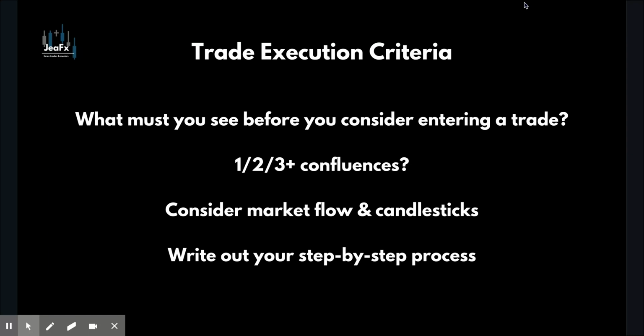Are we looking for 1, 2, 3 or more confluences or reasons to buy or sell? Trade execution criteria needs to include things like market flow and candlesticks, the things we've spoken about so far. So what market flow aspects are you going to identify? What order are you going to identify them and carry them out in? And then how are you going to actually confirm an entry using candlestick patterns that we've spoken about in the course? So for our trade execution criteria, we really want to write out our step-by-step process to actual technical trading, and what we need to look for